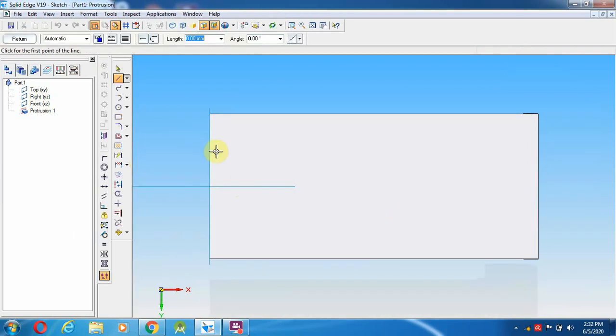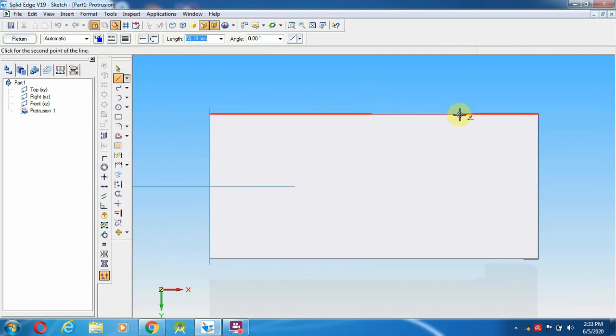Okay, so the main thing in the drawing is that you have to know which view to start from, and also which plane as well as which surface to select. That is very important. If you know those things, the remaining work will be very easy. So exactly, it will be placed in the middle.